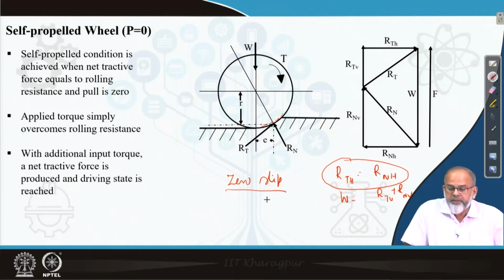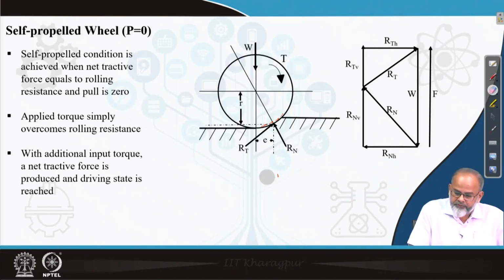Zero slip refers to the condition at which the thrust is developed because of the application of torque, and the thrust which is developed will be equal to just overcoming the rolling resistance. That means the wheel will just start moving. Now we will move to